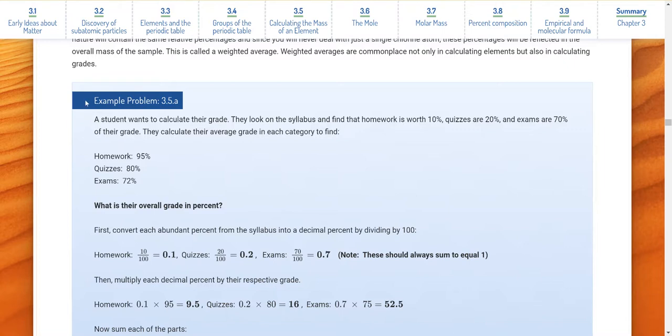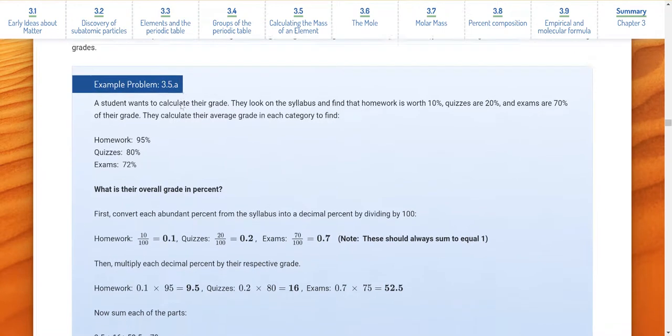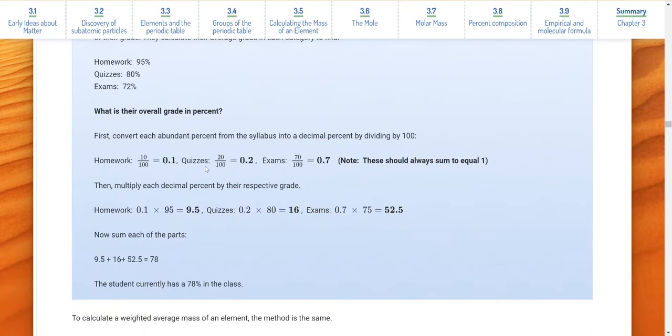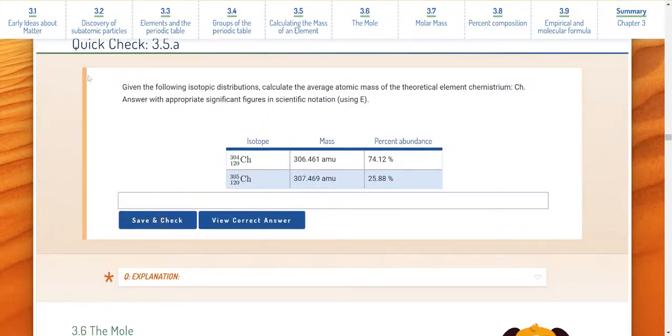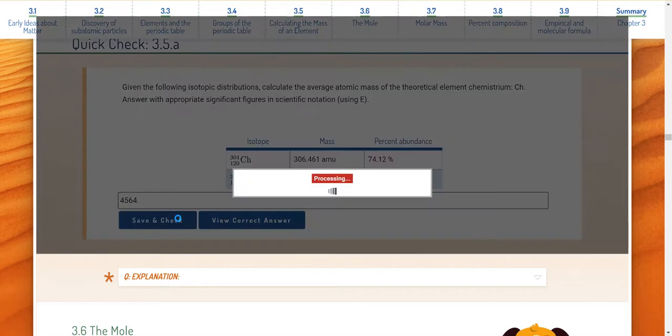So here we have example problems. We will almost always present you, for more detailed information, the example problems first. We'll give you two, and then we give you a quick check to see if you understood the example problem you just did. If you enter the answer here and you hit save and check,